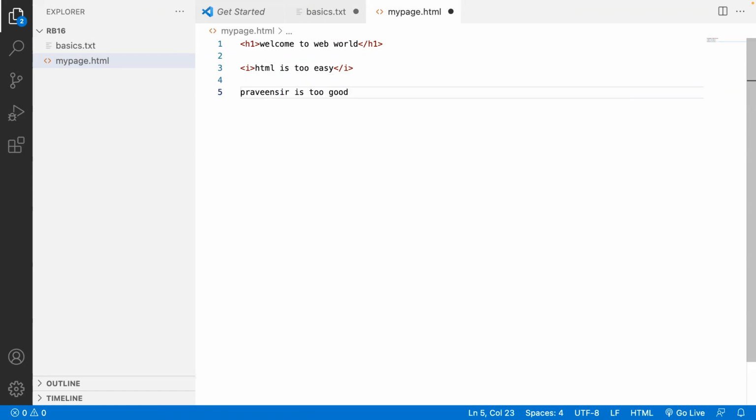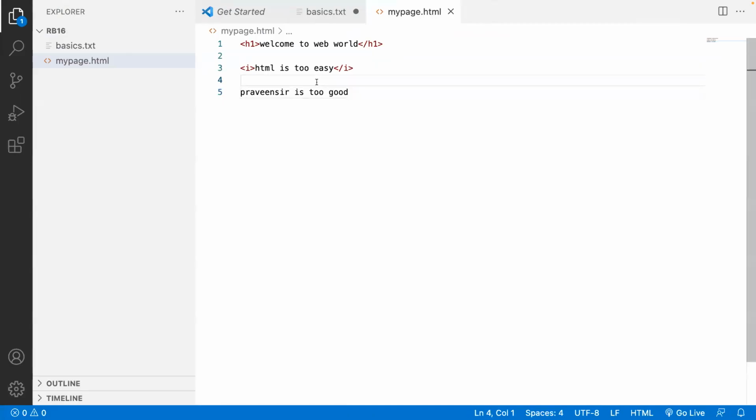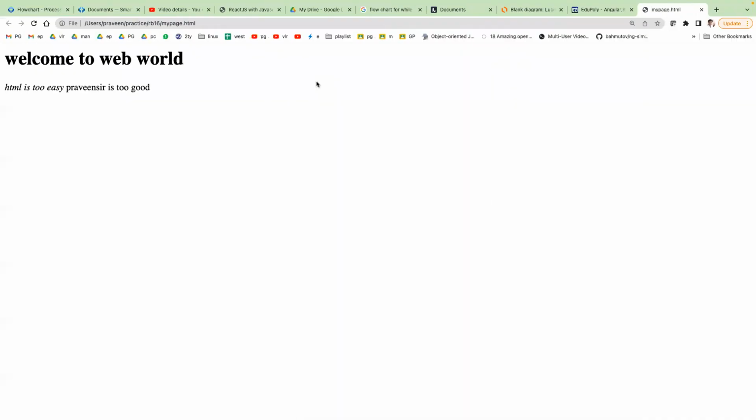I know this is wrong, but I want this content. If I save it, it looks like this: "Praveen sir is too good." Of course, in the same line it is coming. Leave it. If you want it on the second line, there is an element called BR. There is no closing tag, so it comes in the next line.